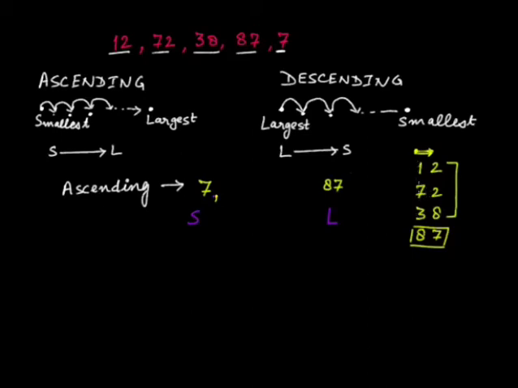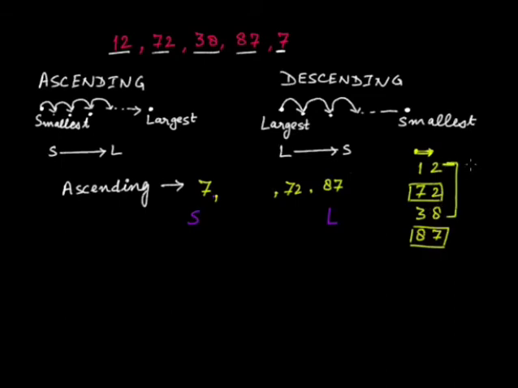Obviously 72 is the largest number among these 3 numbers, right? So write 72 here. Now this is also gone. We are left with 12